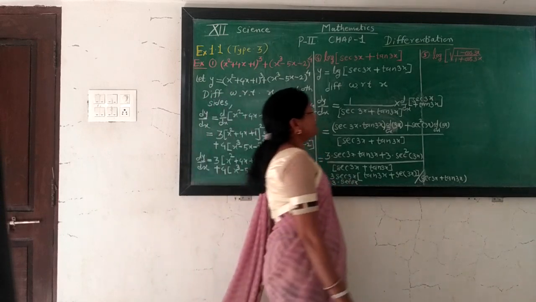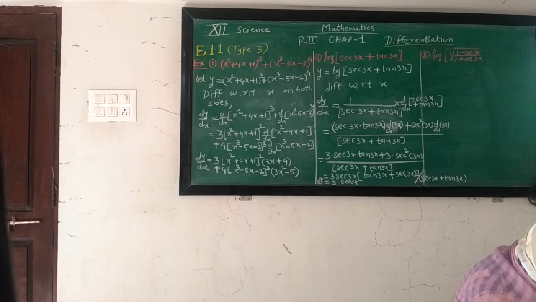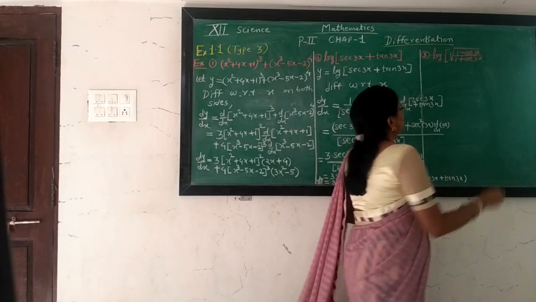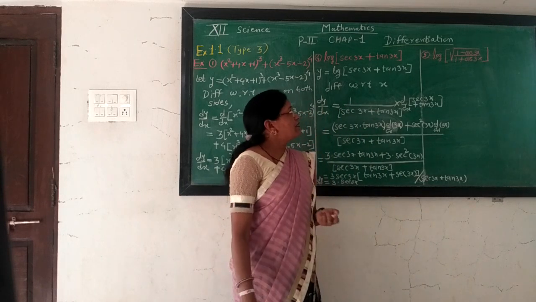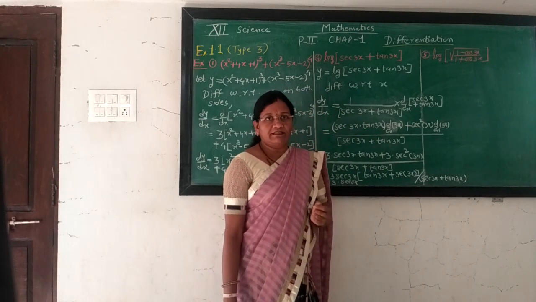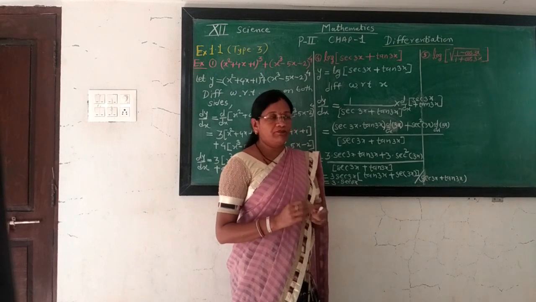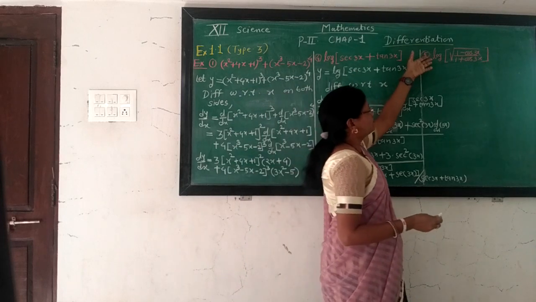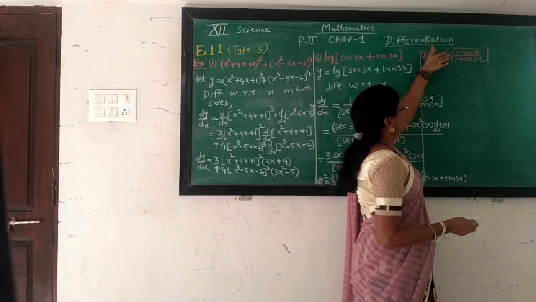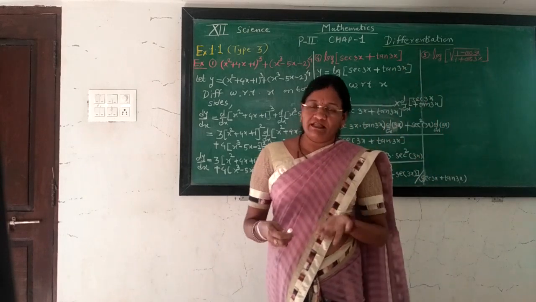Now we take the next example of the same type: log of root of 1 minus cos 3x upon 1 plus cos 3x. For this case we can again use the rule of logarithm. But before this, using the previous example, we would first find the derivative of log, then the derivative of the root, then the derivative of these two functions using u upon v. So that becomes a lengthy process.